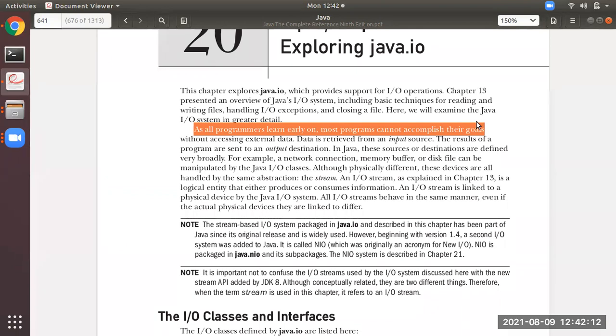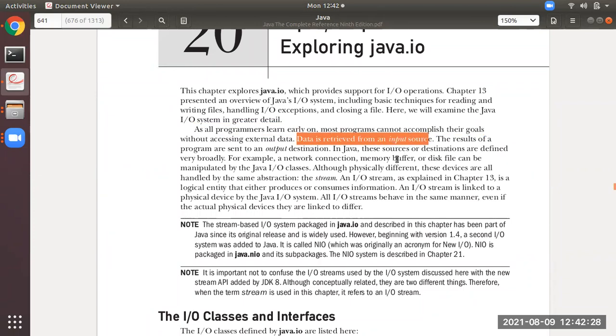A few programs, you will write the data in the program itself and you will see the functioning of those programs. But mostly the programs, whatever applications you make, you will give the input and according to the input, you will get the output. So the data retrieved is the input source and what output you get is the output destination.